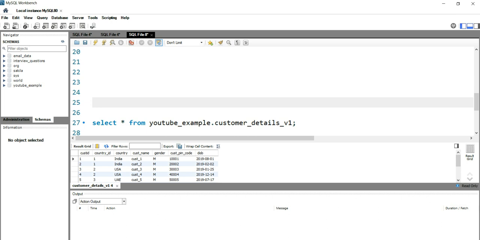So there are 3 points. What is update query? Why should we use update query? And the third question is when we should use this update query. The answer to what is update query is that the SQL update query is used to modify the existing record in a table. As per the conventional definition of update query, it is used to modify the existing record in a table.